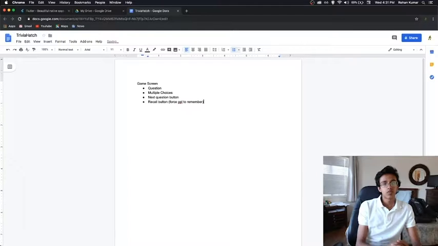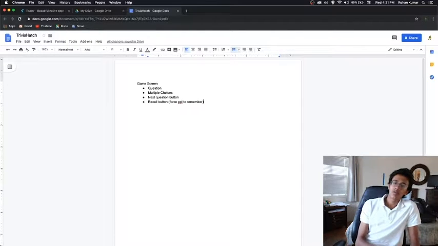So that incentivizes people to actually memorize the things that they answer, so they don't just randomly choose answers. This is starting to get interesting. But the only problem I see with this is that, okay, we should probably start writing this down. One problem that I see with this is that we're not going to have that many questions.